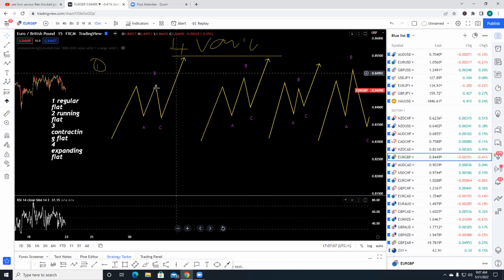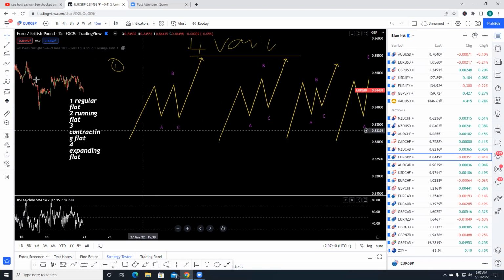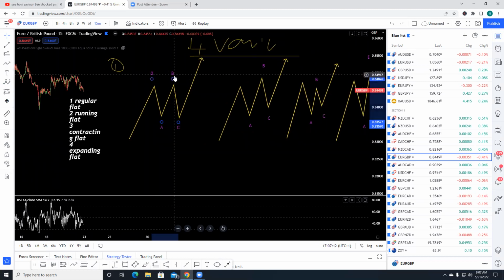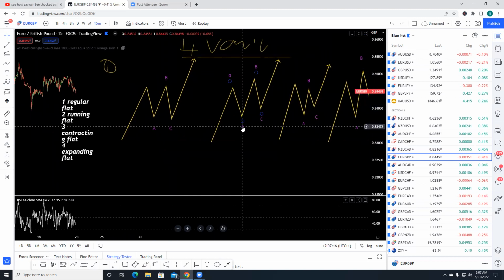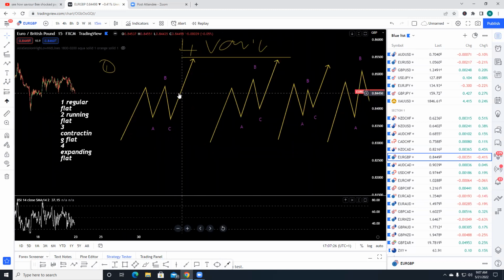is a regular flat. So let's deal with this regular flat first. So I want you to take cognizance. What differentiates all these types of flat, guys? What gives them this variation that you are seeing is with B and with C. With A, we always remain the same, guys. With A, we always remain the same. Already I have told you